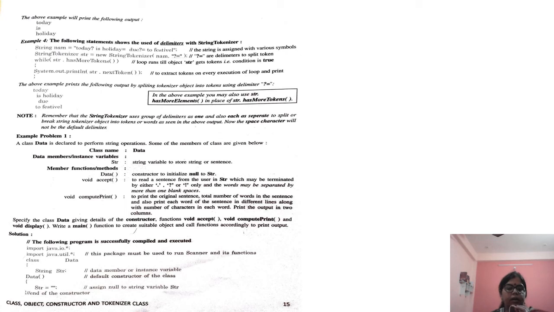Okay, now here the whole program has been given for you all with the help of the functions. Go through the program, and students, write this string tokenizer program in your class registers. When you go through the program, you will see that by using the string tokenizer class, your program on a string is very easy to do, and execution of the program is also very easy. Okay, students, if there is any problem, then you can ask on my personal WhatsApp number.